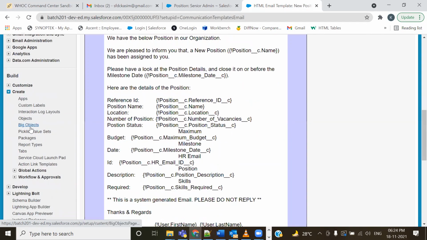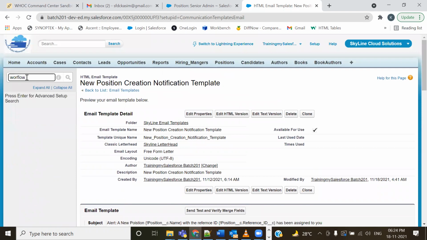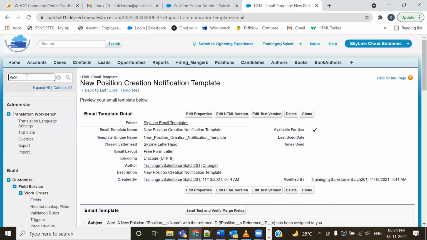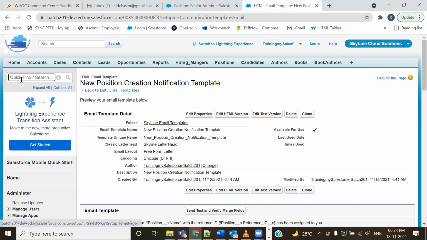बिल्ड में आपको क्रिएट को एक्सपैंड करना है। जनरल प्रैक्टिस में आपको बताता हूँ, people used to do like this also. ठीक है, तो ये क्विक फाइंड मेनू है ना, इसका यूज करना सिखाते हैं। This is one of the shortcuts. Yes, of course. This is one of the shortcuts. If you type the workflows, you are going to get the navigations clear cut. यहाँ पे workflow है, ठीक है। जनरली मैं ये नहीं पढ़ाता। Why I don't teach like this? हाँ, लेकिन रियल टाइम पे आप इसको यूज कर सकते हैं।